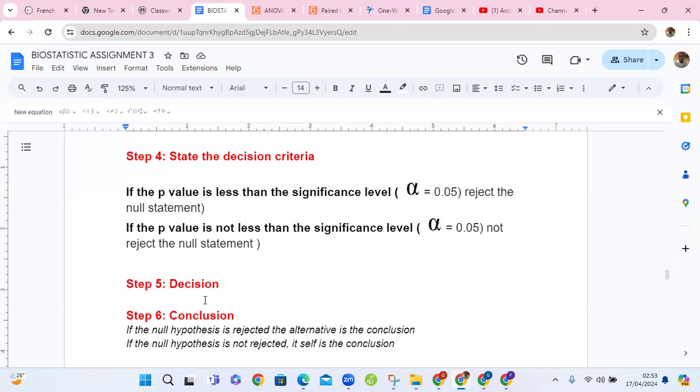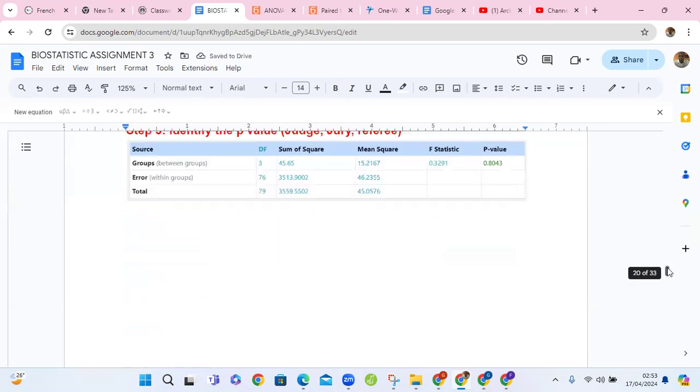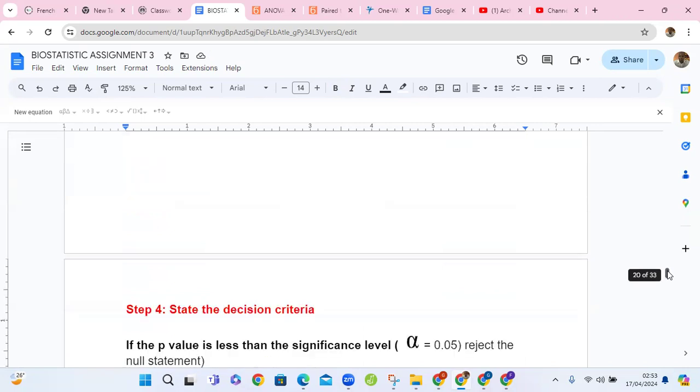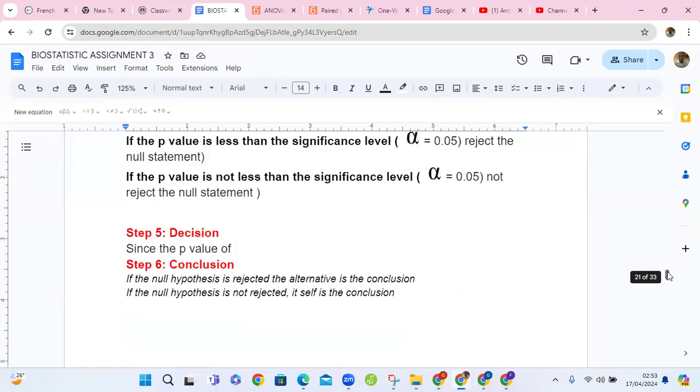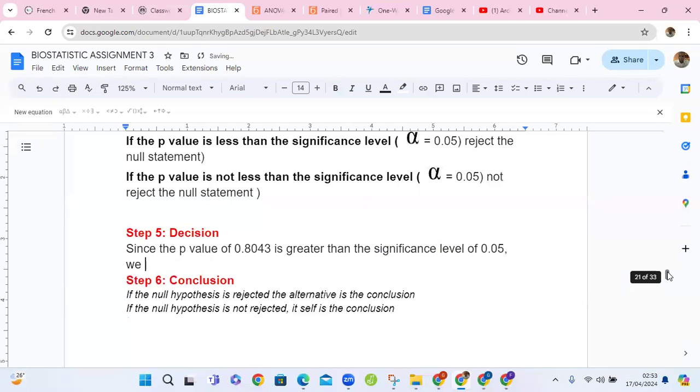So therefore, now, since the p-value of 0.8, that's huge, 0.8043, is greater than the significance level of 0.05, we do not reject the null